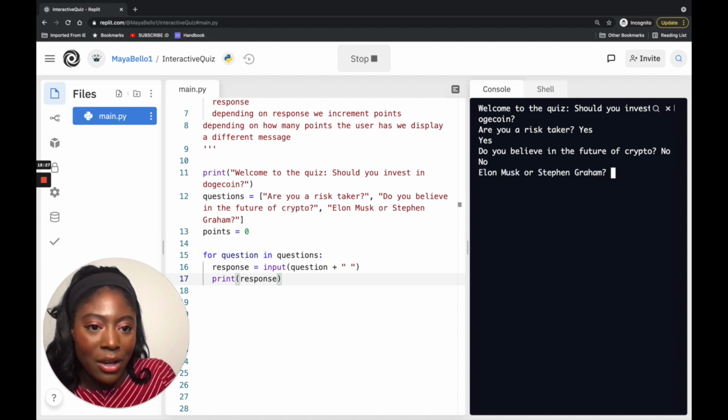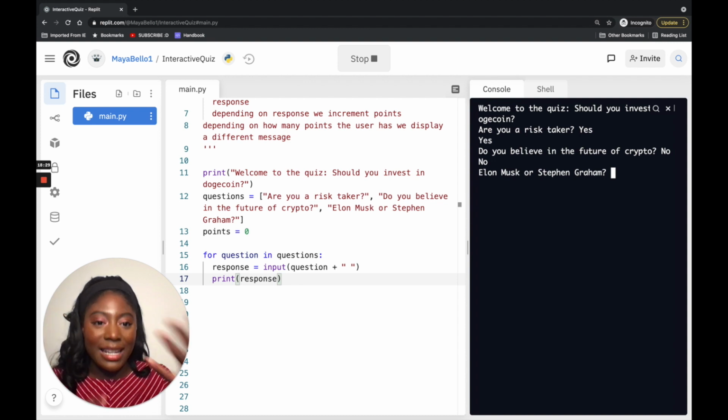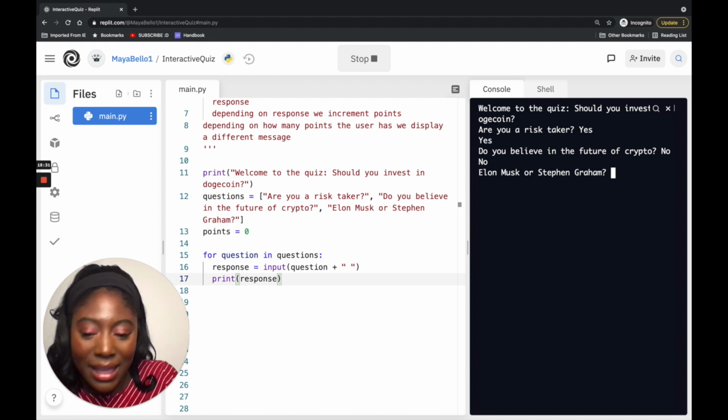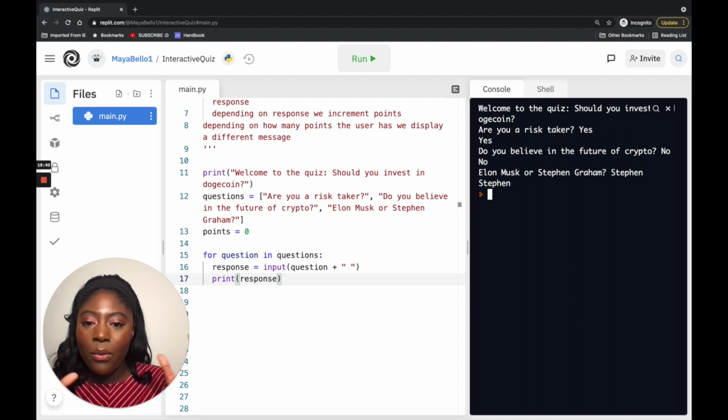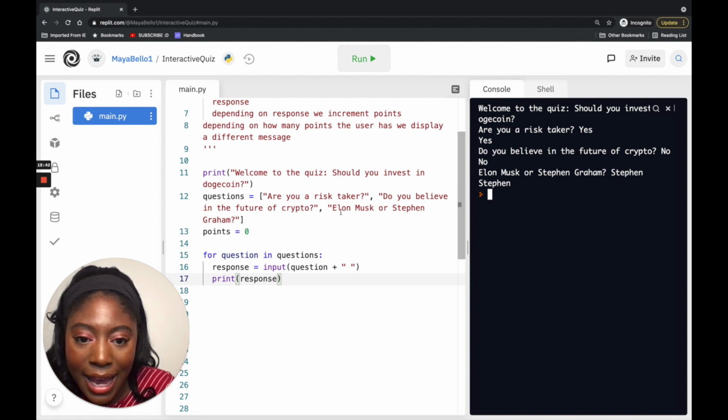Okay, let's type something else. Let's say I typed no. Okay, it's printing that out. And then let's say I'm a Stefan fan. And then it prints out Stefan. Okay, cool, this is good. So what I want to do is actually